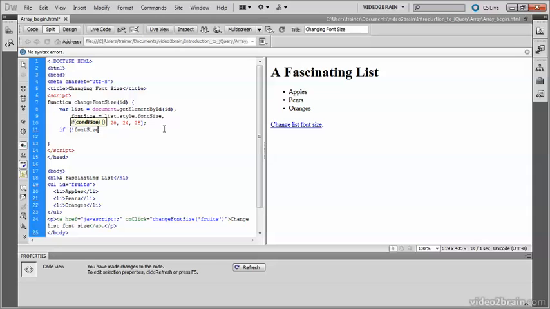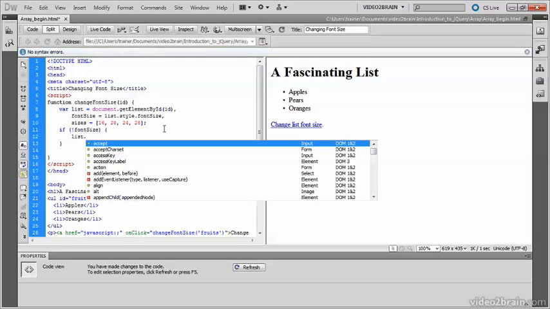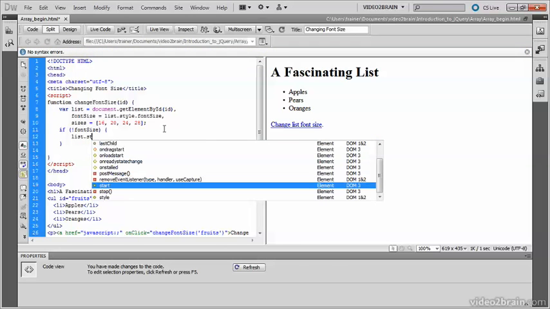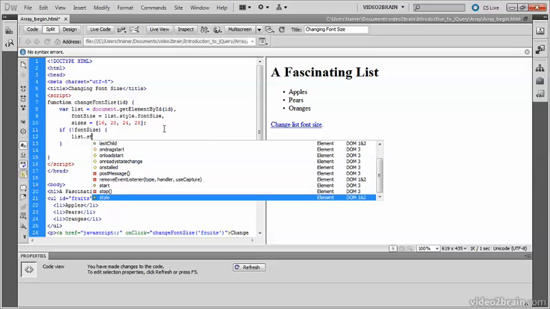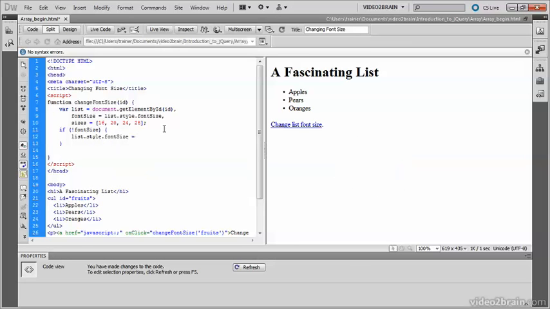Using the logical not operator turns the condition into true, so the code which I put inside my code block, inside the curly braces, will be executed. And the code that I want to execute is to set list.style.fontSize